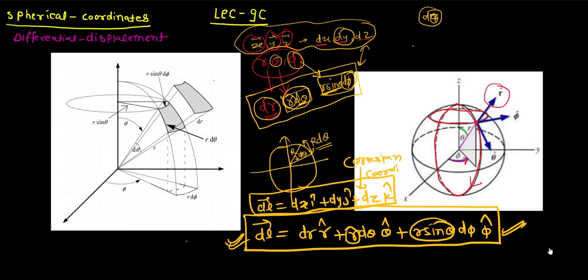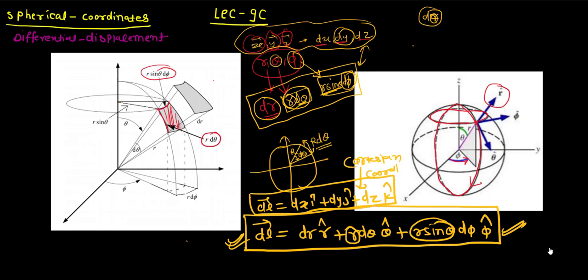So we have got this length as r sin theta d phi. I have mentioned here also. Okay, so I can remove this, and this length we have got as r d theta. So the area of this surface would be the multiplication of these two. It is kind of the area of a rectangle, because the d theta and the d phi are very small, so you can consider these curvy looking arcs as simple straight lines.